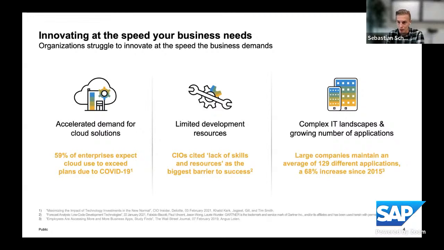And then the next one is also the 50th year birthday of SAP this year. 50 years ago, enterprise IT landscapes were simple. We used the mainframe server architecture. Today, large companies maintain an average of 129 different applications, and it's significantly increasing. So more complexity, limited budget, and a higher need of agility. So what could go wrong? And now low-code, no-code is one way out of it. And on the next slide, we'll see why.